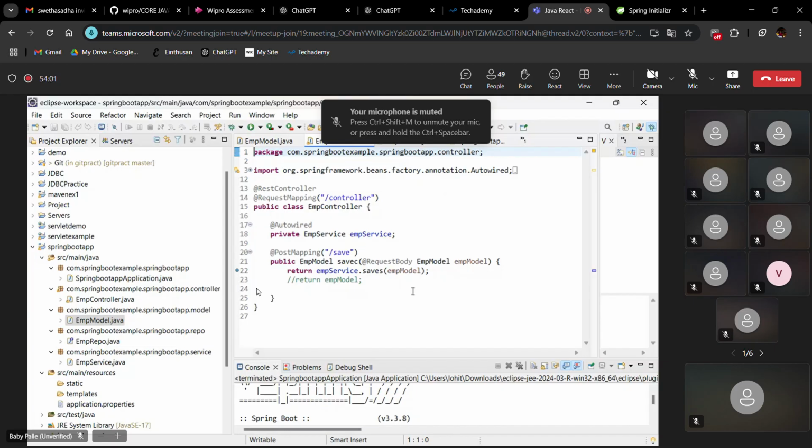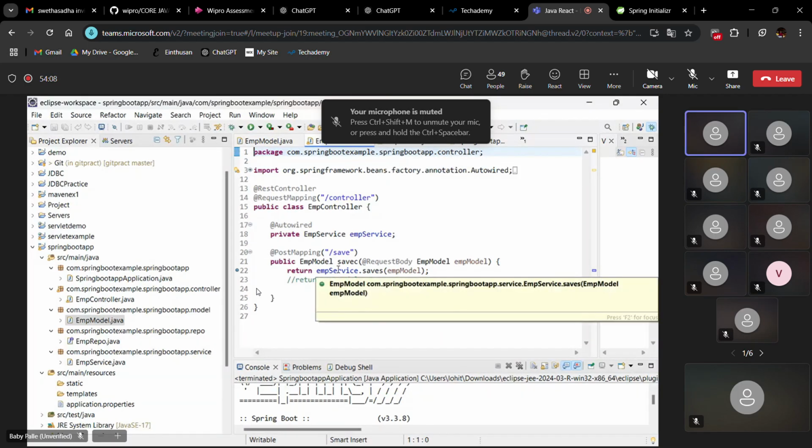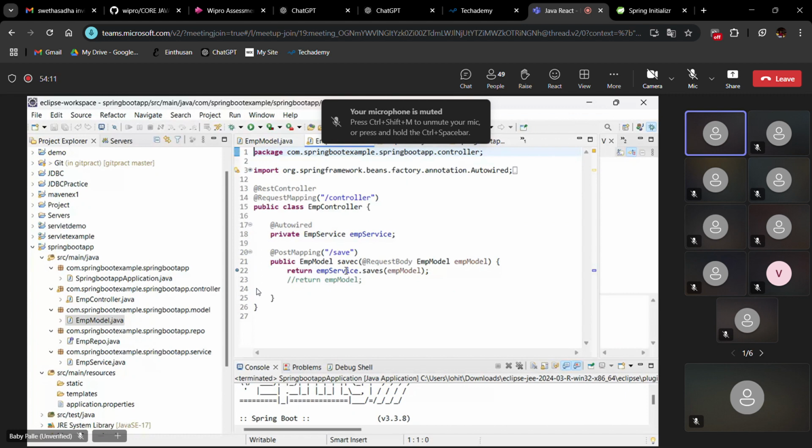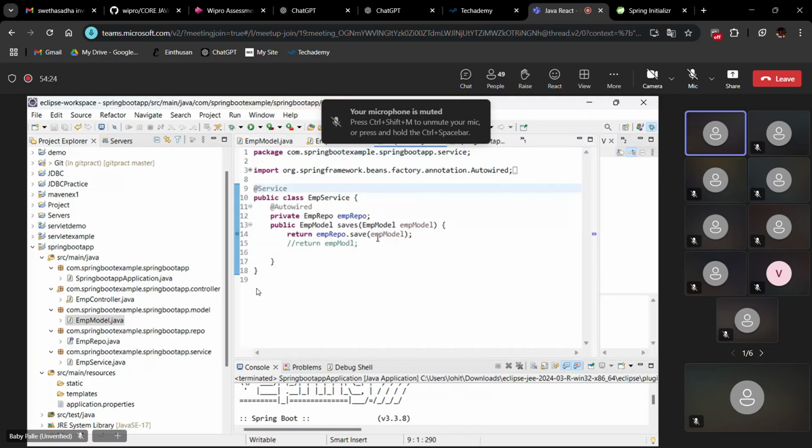Okay, from here it will go to, what is the return type? EmpModel, the same object. It's returning the object, not a string, not an int, returning the object. Now can you go inside that class? So now the object has come to the employee service class. Again, with the help of @Autowired, I'm calling the object of